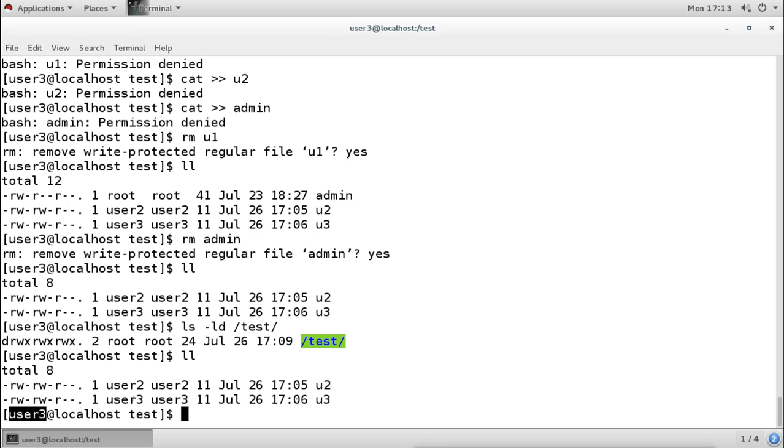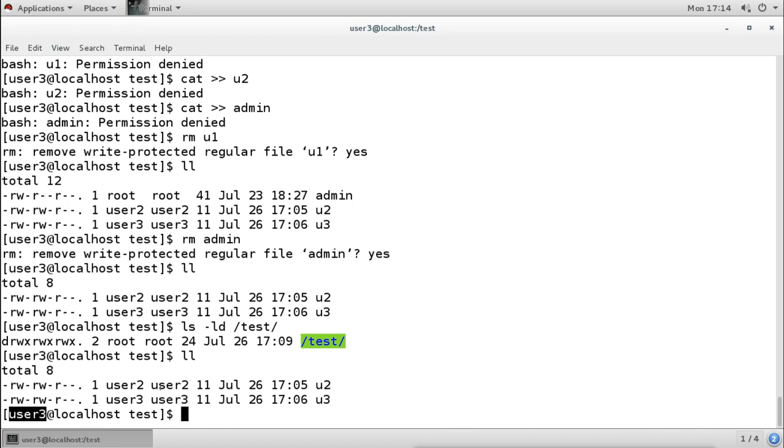We have given them this common directory to store their data, and we have allowed them to create and add files into this directory. All those users, user 1, 2, 3, user 4, we told them to add their files here, and for that we have given them the write permission. When we give them write permission, they can add files, but they can also delete files. The problem is they can delete other users' files too. This user is doing something bad, removing other users' files, and then saying no, I did not do this, but because of the permission it can do that.